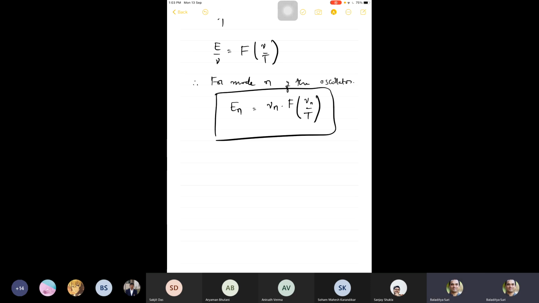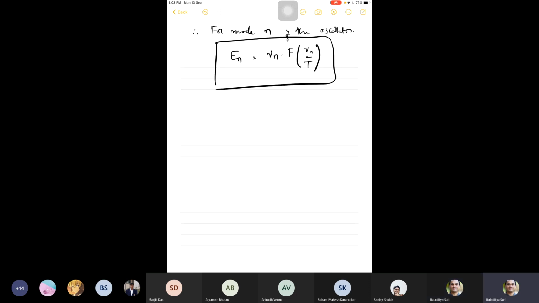So this is what Wien figured out. And if you now consider, this is for each mode n. If you now consider a whole collection of these oscillators, like in a finite volume box that we have been discussing, you have to multiply it by the density of states. Therefore, what Wien discovered was that the energy density, which is now a function of T, d nu,